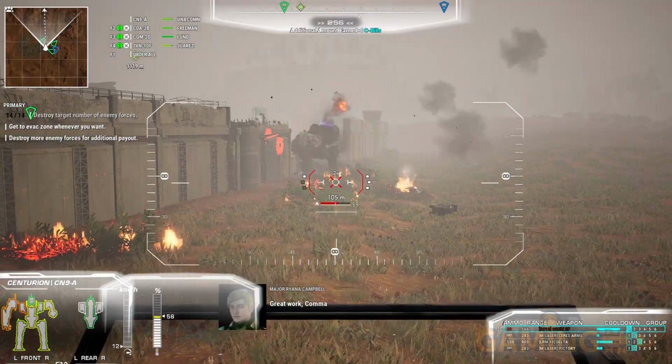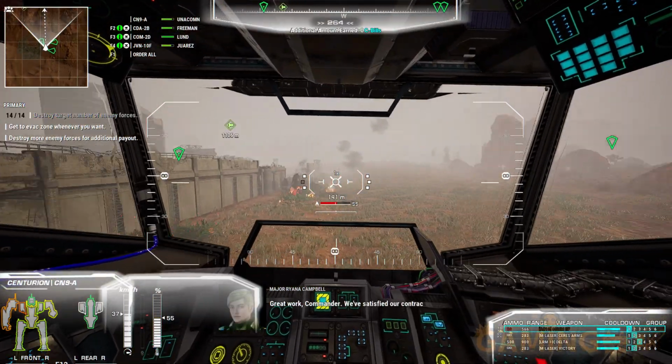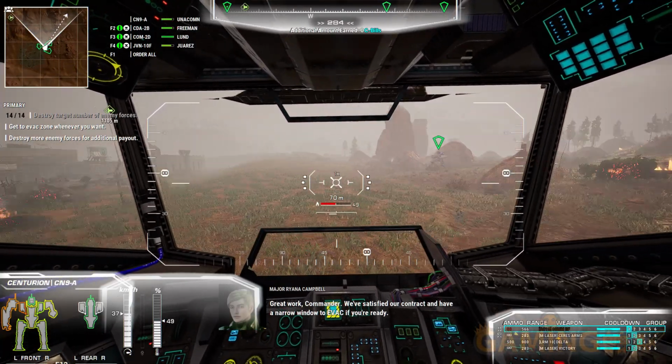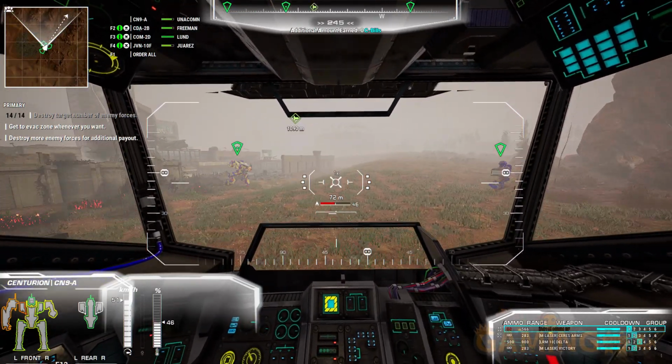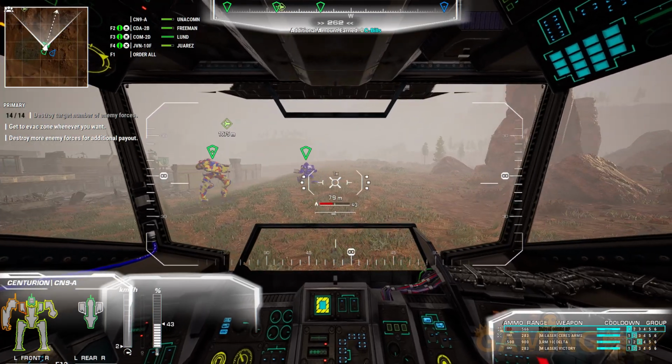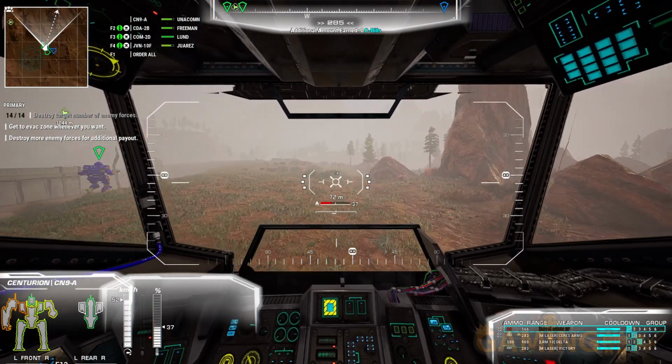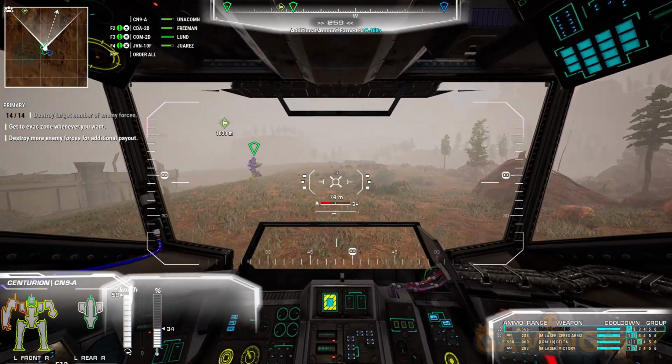So Great work, Commander. why bother? We have satisfied our contract. and Because have a narrow my window to arm, my evac left if you're arm, ready. doesn't have the shield like in Mechwarrior Online. I don't think it has the extra structure and extra armor that it did then, where I could actually use